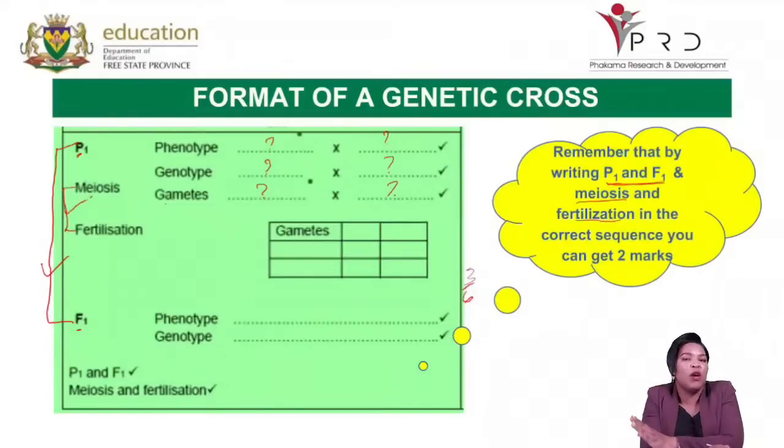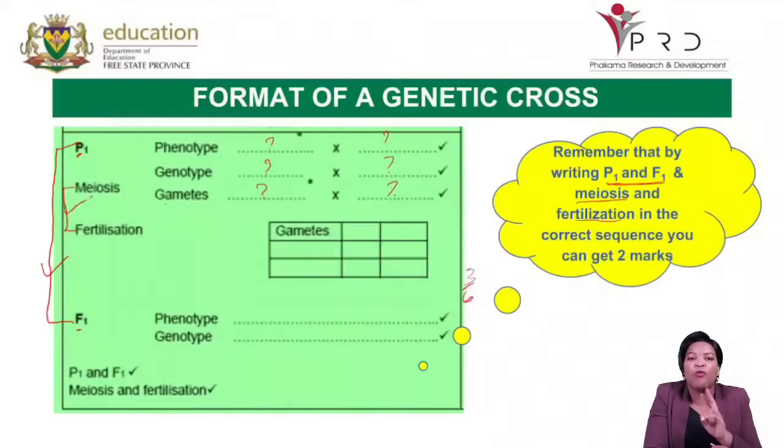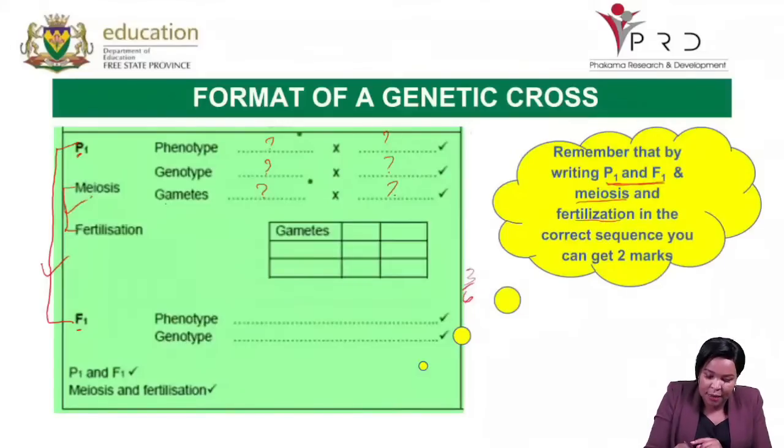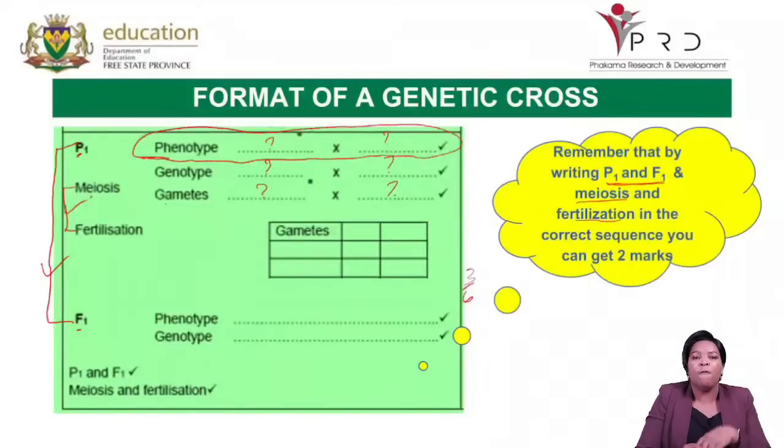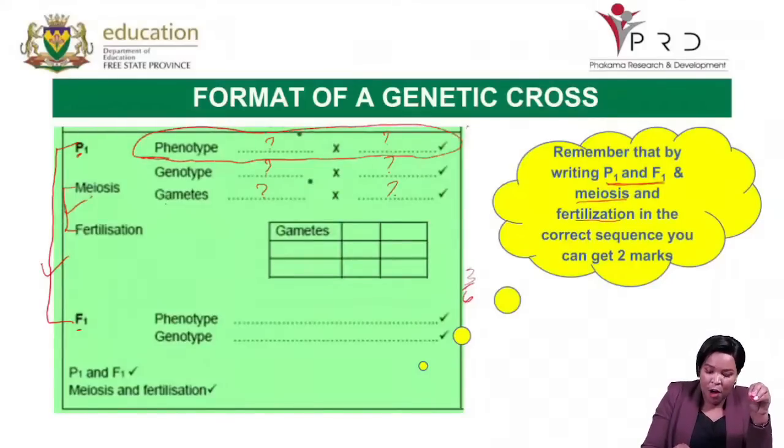You have not yet solved the problem, or the question that you are given, but already you have these 2 free marks. The first free mark that you can get is this one here, the phenotype. Why do I say you can get this mark for free? From the question,